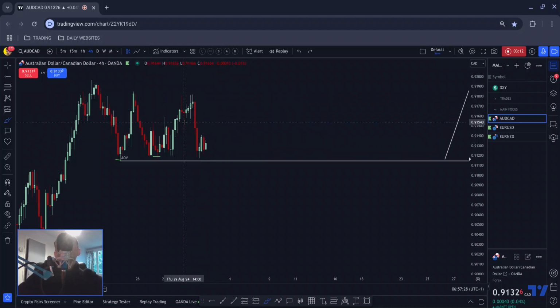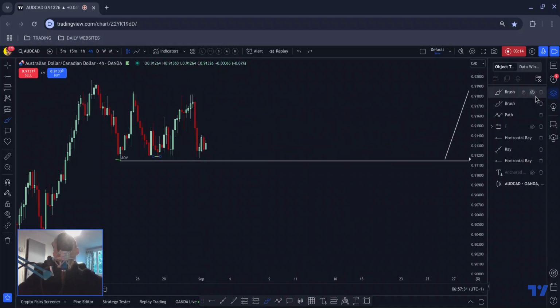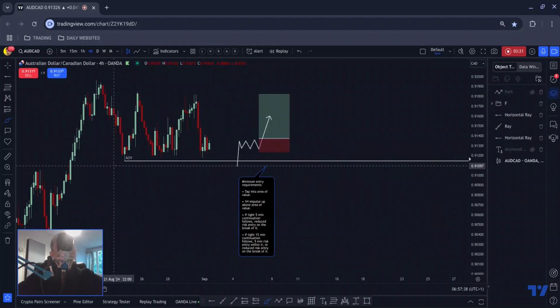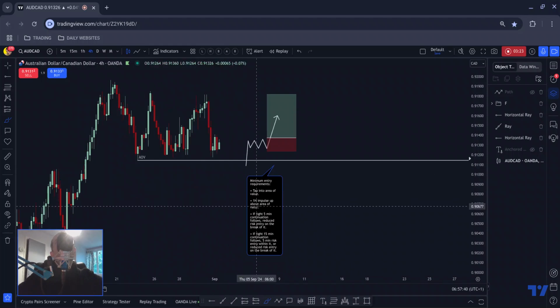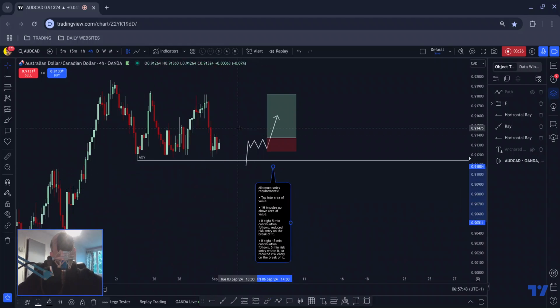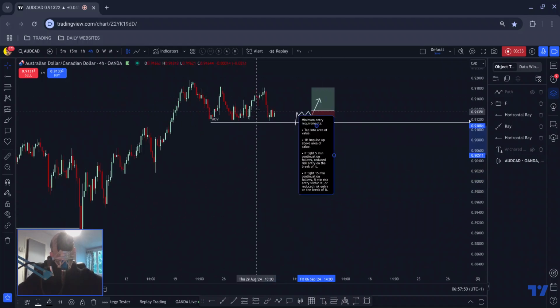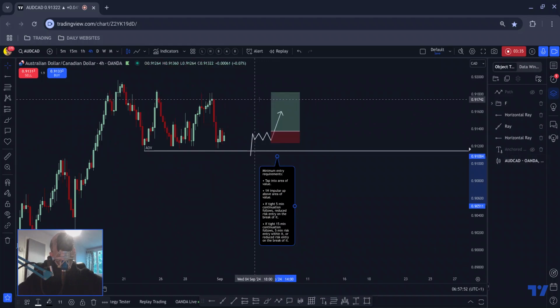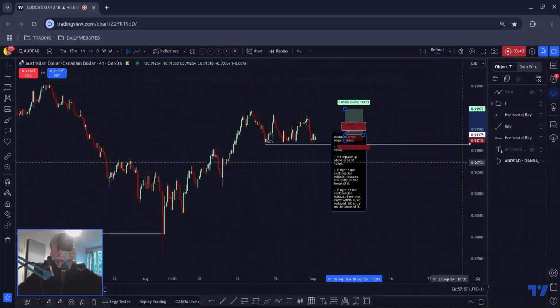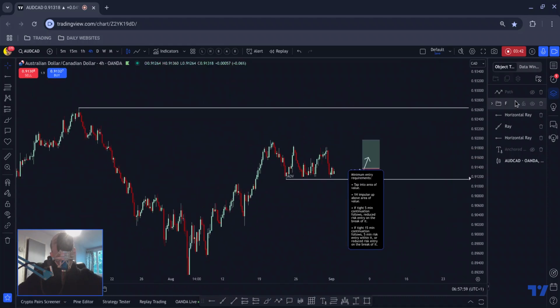Okay, so what I'll be looking for, quite simply, is, whoops, I didn't mean to do that. I'm going to be looking for a tap into the area of value that we near missed to, followed by a push up and a 5-minute or a 15-minute continuation, and then depending on which one we get, I'll be looking to get long on the break or within it, and then I'll be able to manage it up to here for this first target for something in the region of 3%. To that high, we've got 4, and then to that higher time frame high, we have something in the region of